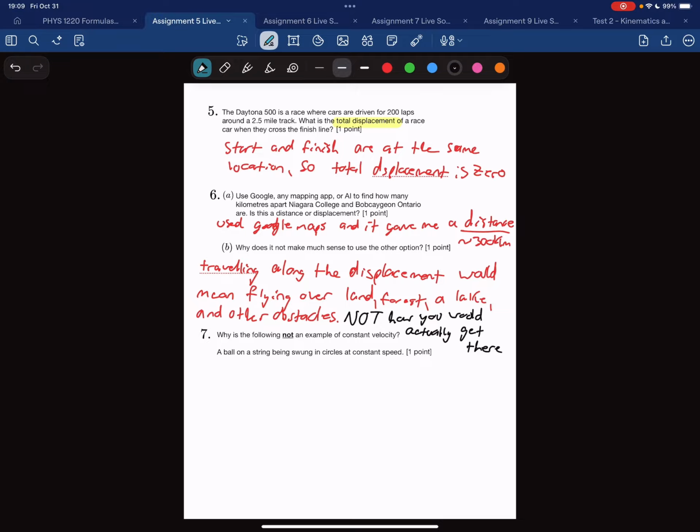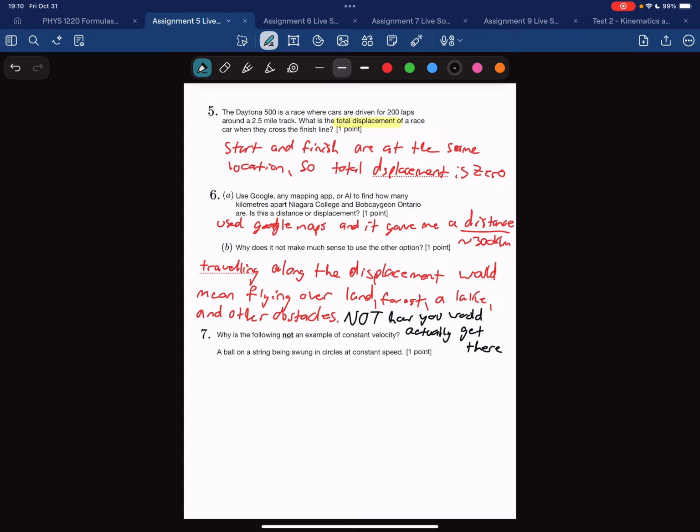So the distance is given by any sort of map or mapping app, so long as you don't specifically tell it to give you a displacement. It should give you a distance by default. Some of you actually got ones that gave you a displacement, and absolutely great, gave you the mark for that too. It either way is correct here. I used Google Maps, it gave me a distance. As long as whatever you said was correct for your scenario, I gave you the mark. So you could have said displacement and still been correct for part A,